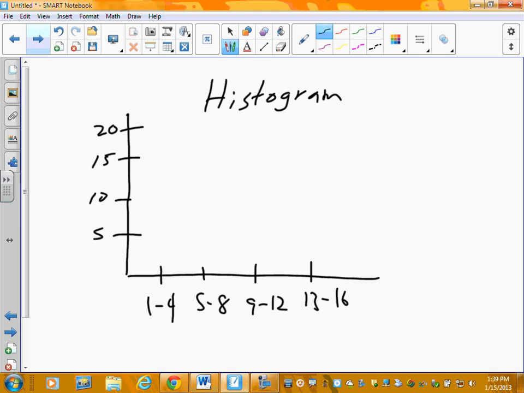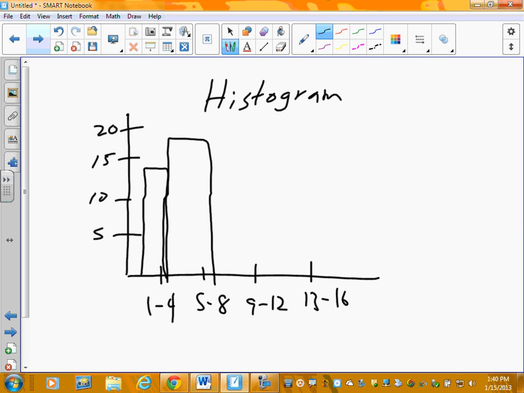So now I come over here and count up. 1 and 1 is 2, 6, 7 is 13. So I draw a box that goes up to 13 and come down. The thing that's different again about a histogram is on the bottom of the range of 5, 10, 18. So I'll go up to 18 and come back down. And there won't be a gap right there. There's been 18 of 5 to 8 win seasons.